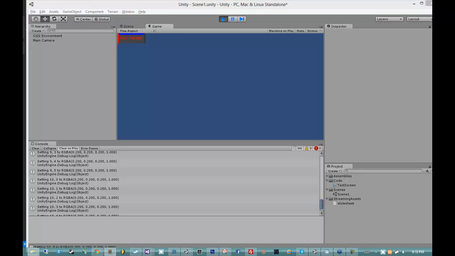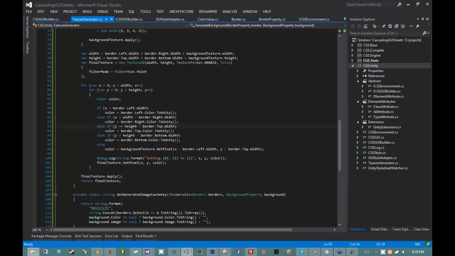Alright, let's check border bottom now. Border bottom is going to be 5 pixels, and then let's do white. And border bottom has no effect. Okay, so if it's flipped, then it's going to be, y is, it's just the other way around? No, that can't be it. It should be, if y is greater or equal to border bottom width, that doesn't make any